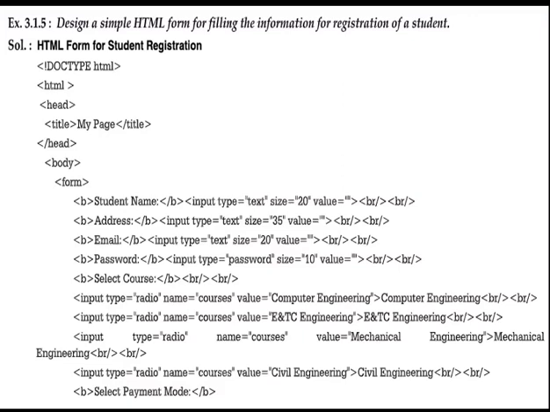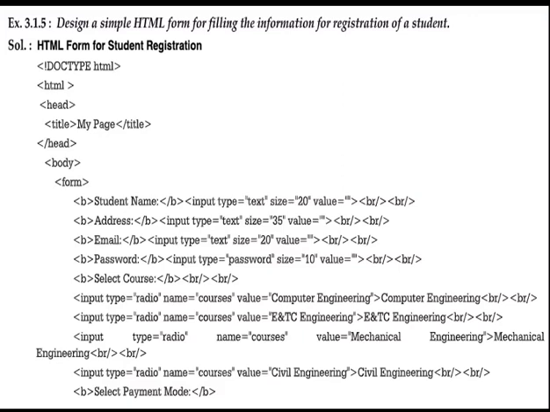Okay, next is your email ID field. So for email ID, again in bold write email, close the bold, then input type is equal to text, size is 20, and value I have kept it as blank. Then again BR tag 2 times. Then for password, write password in bold. Then input type is equal to, for password you can keep the type as password. Then size of password I have kept it as 10, and value I have kept it as blank.